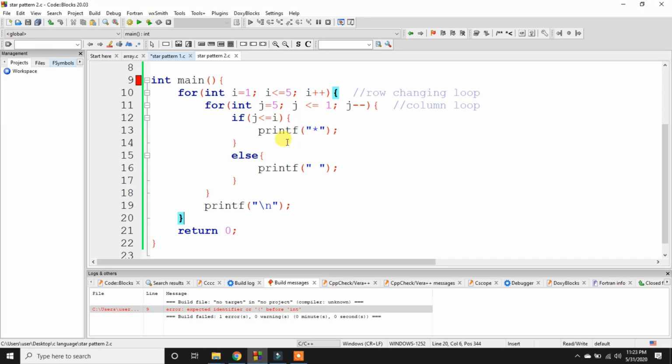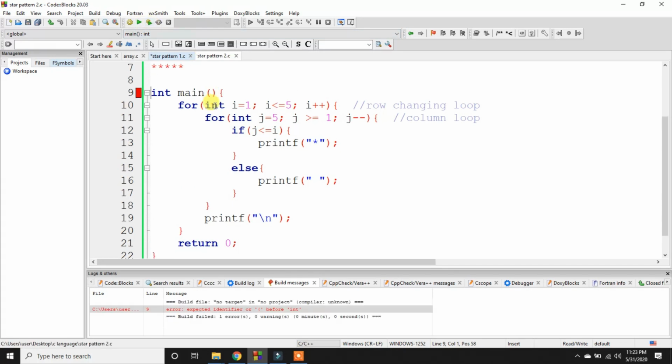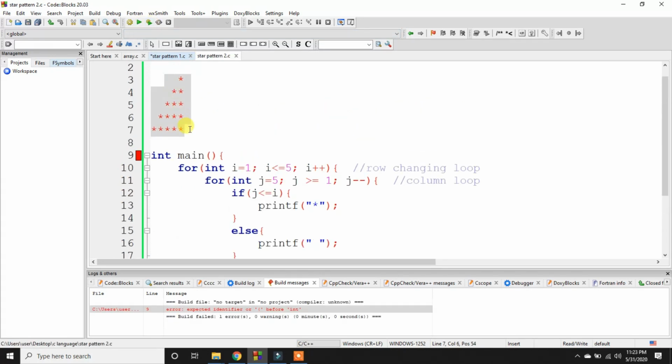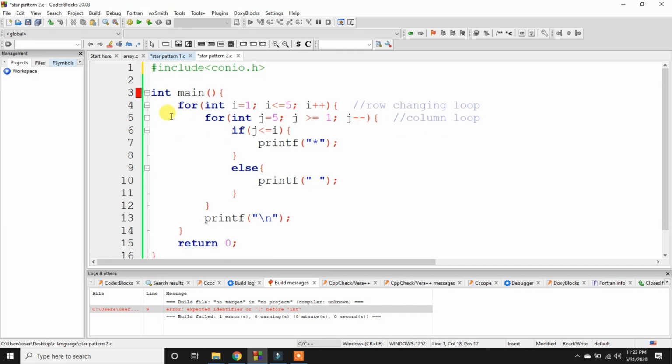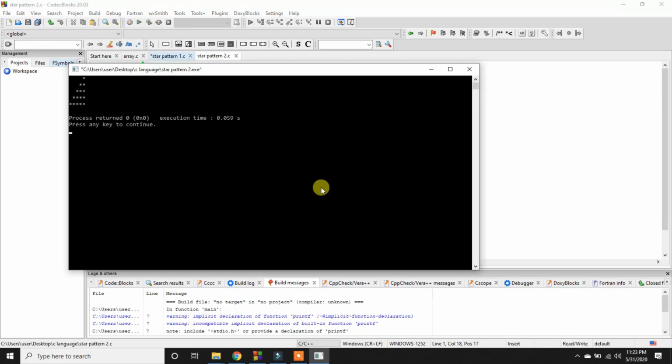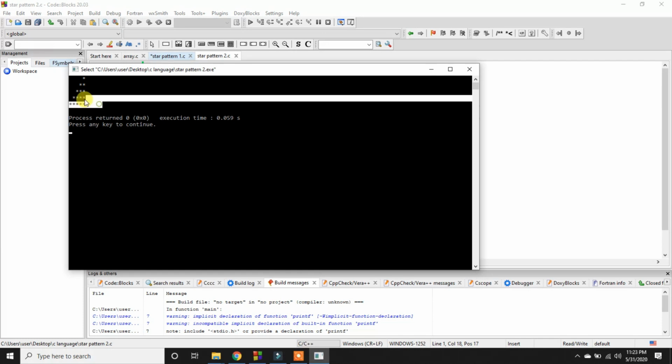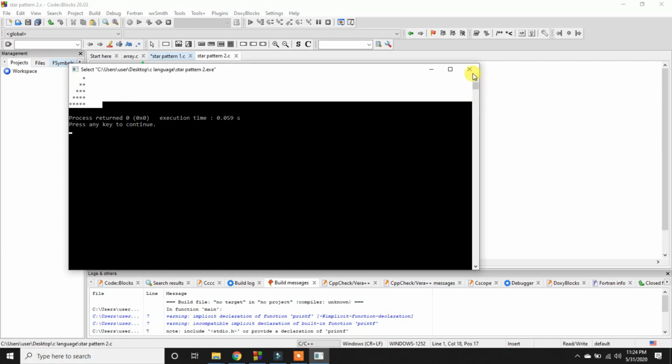The error is saying unexpected identifier for int, is less than or equal to 1, j is greater than. Okay, perfectly fine. We need to delete this. So let me build and run this and check whether our logic correctly worked. Yes, it prints the pattern.